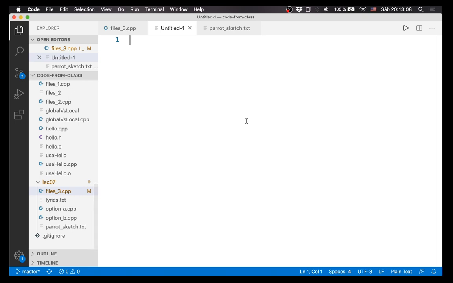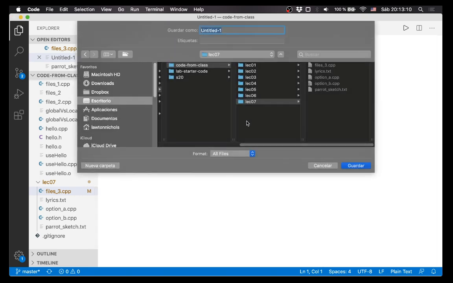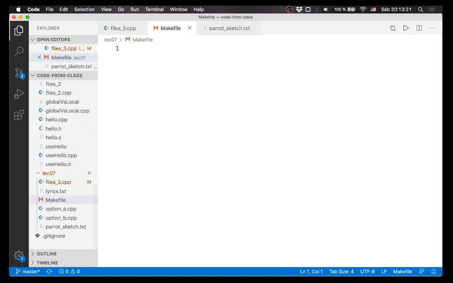So what I would like to do is first of all make a makefile so we have practice for that for our midterm. Remember that files will not be on the midterm, that's where I cut everything off, but we talked about makefiles before that, so it could possibly appear. So let me make a makefile to compile our files3 file. We're going to have our target be called files3, that's the thing we want to make, and I won't go through the .o file this time, I'll go straight from the .cpp file, and I'll use g++ to compile that file